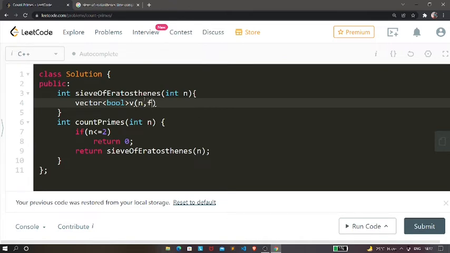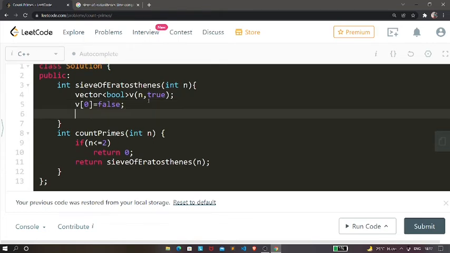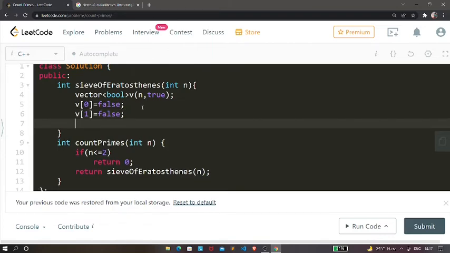Initially the value of each member of this vector will be true, which means that currently each of them is a prime number. So we need to make v of 0 false, because it is not a prime number. Similarly, we need to make v of 1 false because it's also not a prime number.